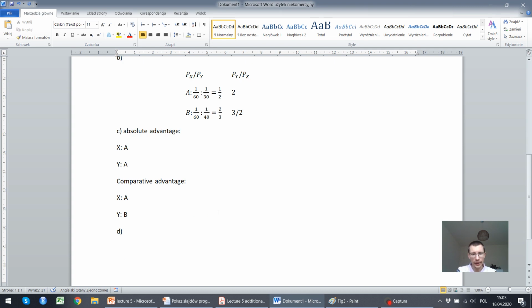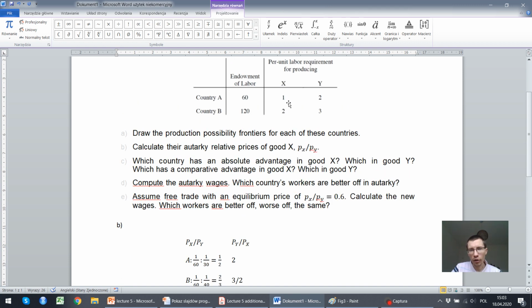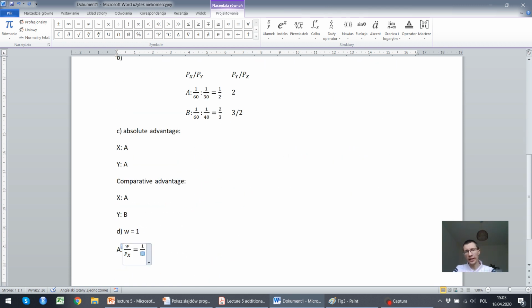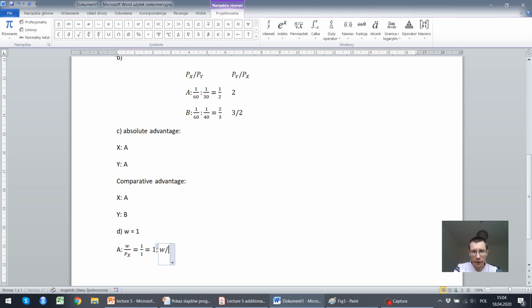Let's say that wages in both countries are normalized to 1, and in country A we can compute wages expressed in units of good X. This would be equal to 1 unit of wage normalization divided by 1 unit of productivity that 1 unit of labor produces. So 1 unit of good X is produced with 1 unit of labor, which means that the real wage in country A expressed in units of good X is equal to 1,